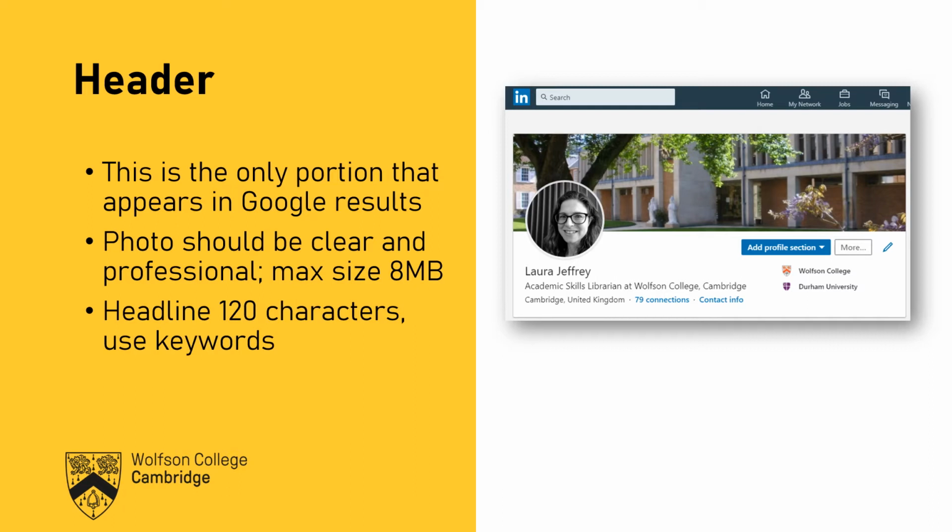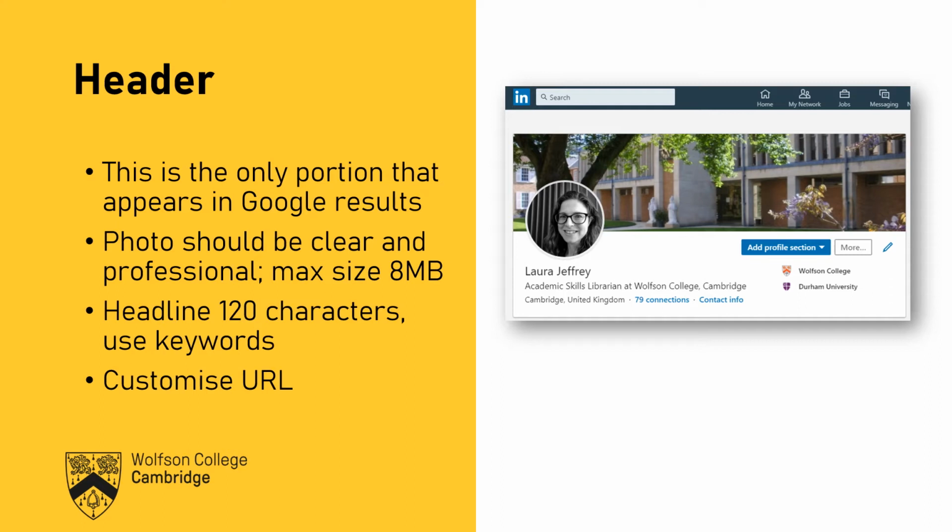If you're communicating what you do at the moment, that might not matter quite so much. But if you are looking for a job, if you're using your profile to connect with businesses, then you might want to change what you're wearing and to dress appropriately for that. Now, the headline is your job title by default, and that's what you can see on here.